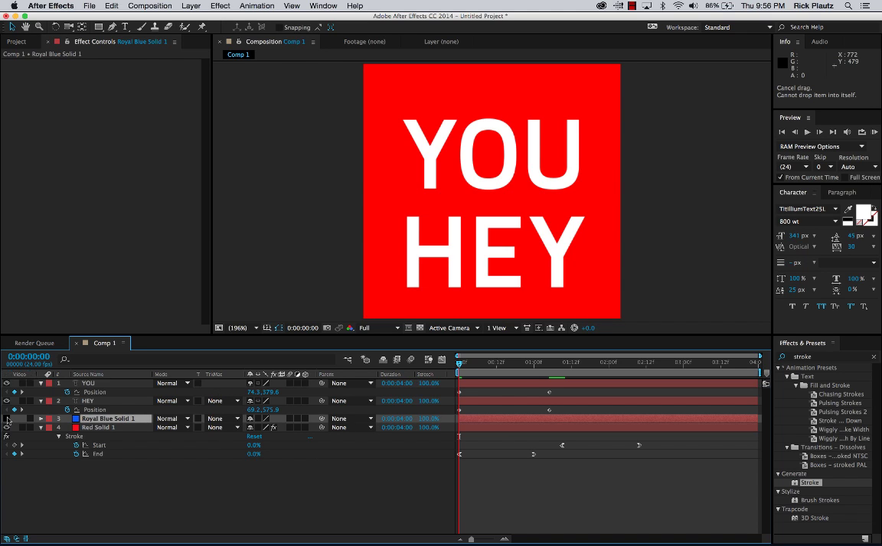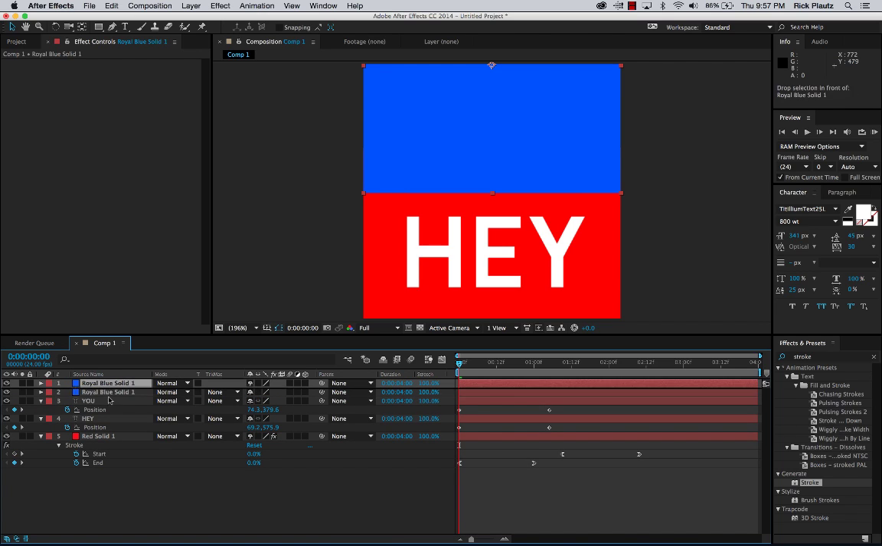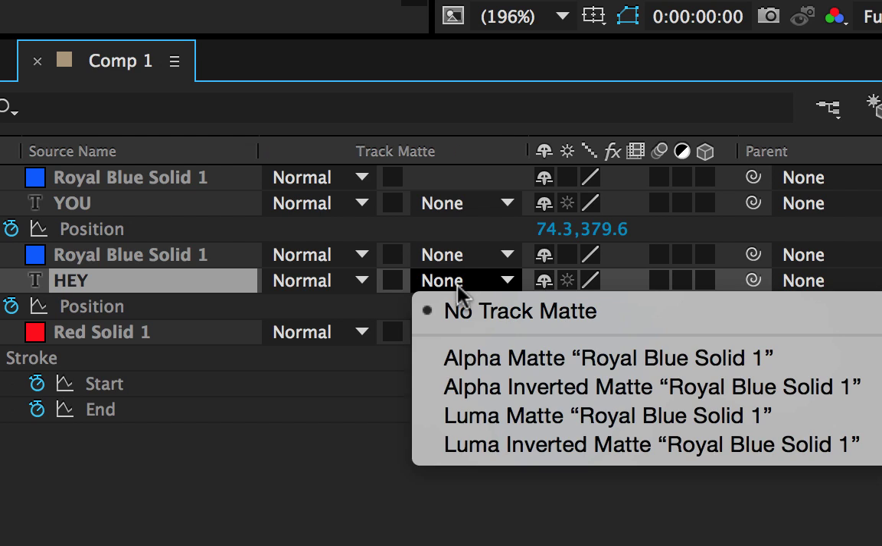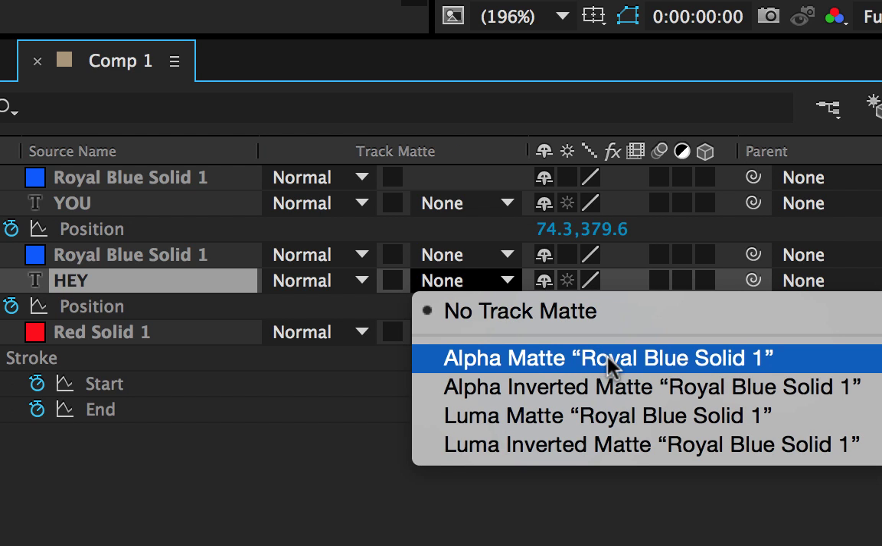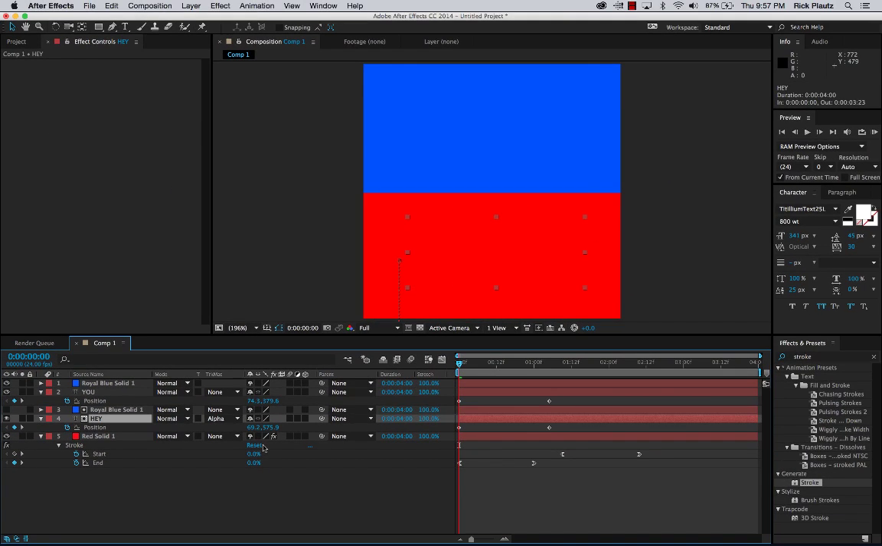I'm going to take this blue solid, I'm going to drag it above the U. I'm going to do Command D to duplicate, drag that above the hay, and I'm going to select the hay, go to the track mat, select Alpha Mat, Royal Blue Solid 1 because it's right above the hay. So it's going to disappear. I'll explain why in a second. Do the same thing for the U,